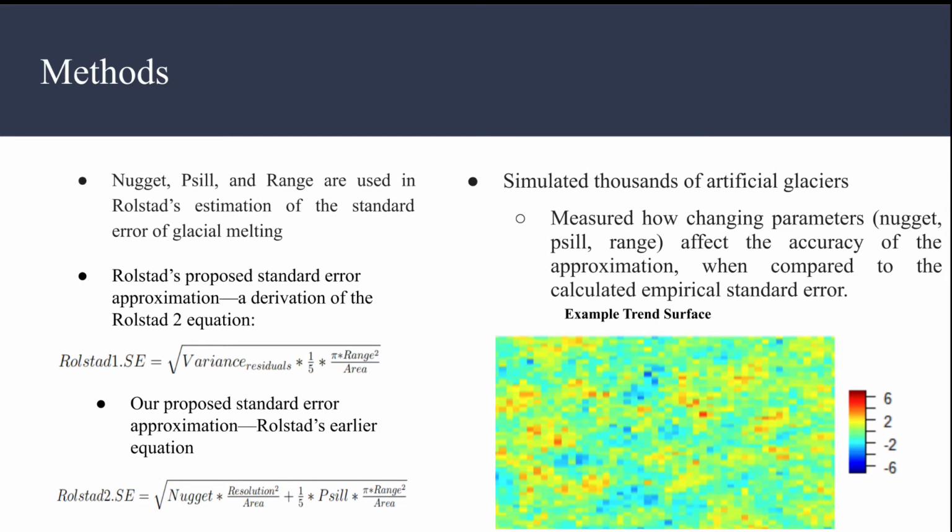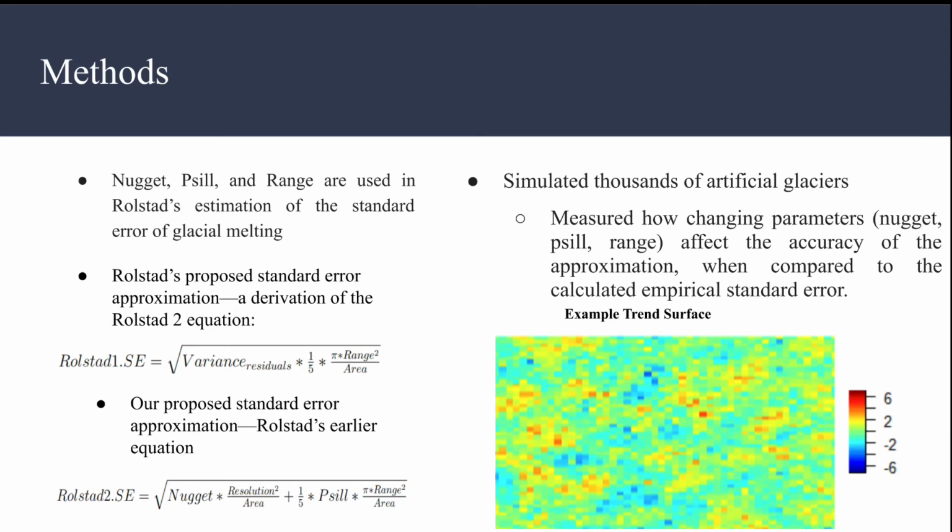The final equation used by Rolstad is shown below, hereby referred to as Rolstad 1. This equation is derived from an earlier version referred to as Rolstad 2, shown in the second equation. Based on the results of our research, this is the equation we will propose as the better approximator of the